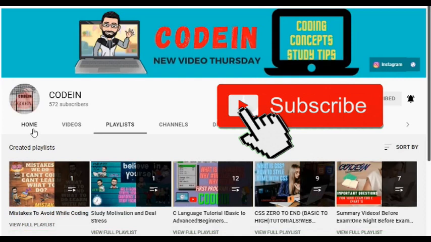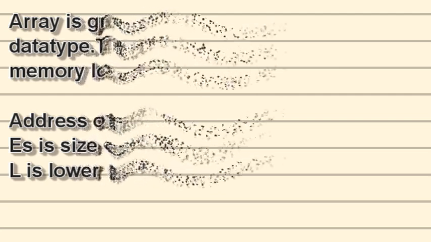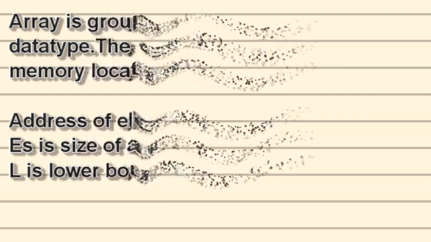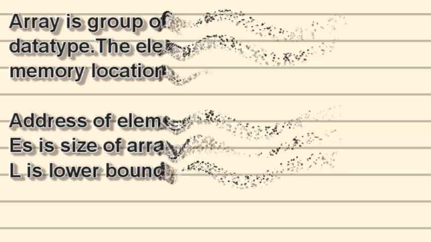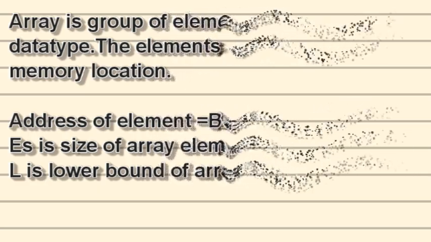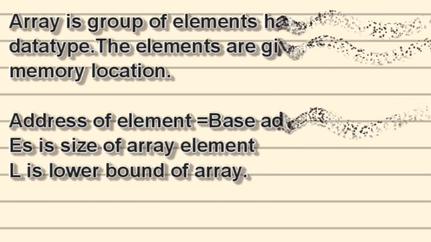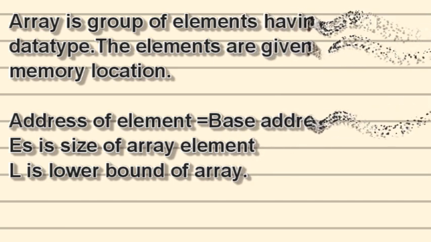So let's get started with the video without wasting any time. Let us talk about what we mean by an array, what its functionalities are, and what operations we are basically going to perform on an array. As we all know, arrays are of two types: one-dimensional arrays and two-dimensional arrays. I have already explained these in my previous videos, so you can check that out. In this lesson, I'm just going to focus on the data structure, how we can work with arrays.